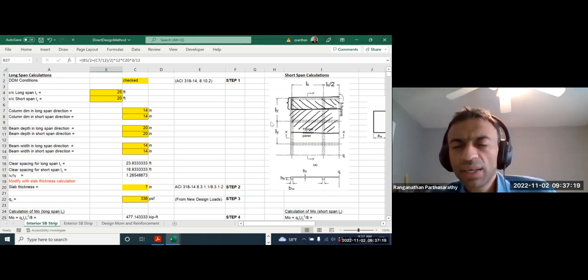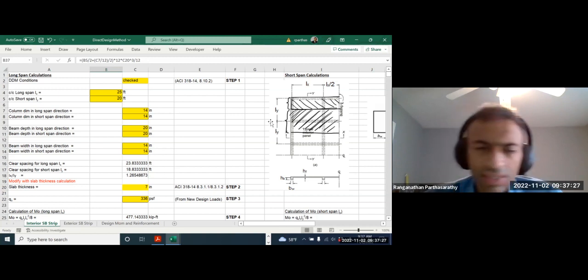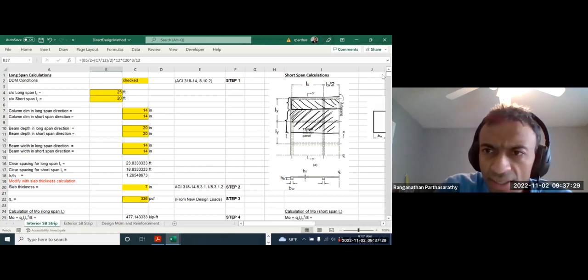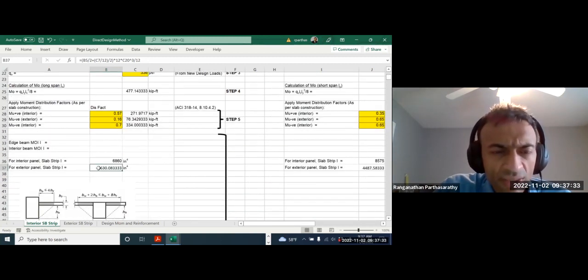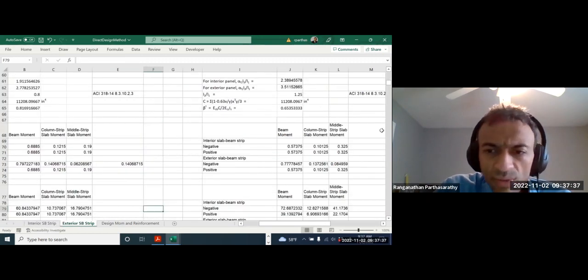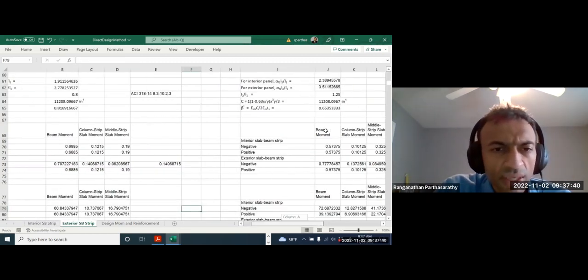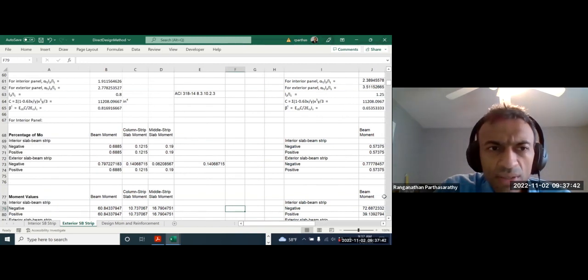But when we are doing this one, we do take the full short span width. In some places I might have given both, but we are not using this one in the calculations here. But if you go to the next one, which is for the exterior slab beam strip,